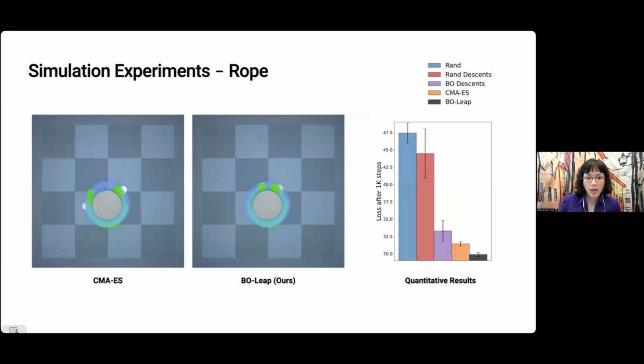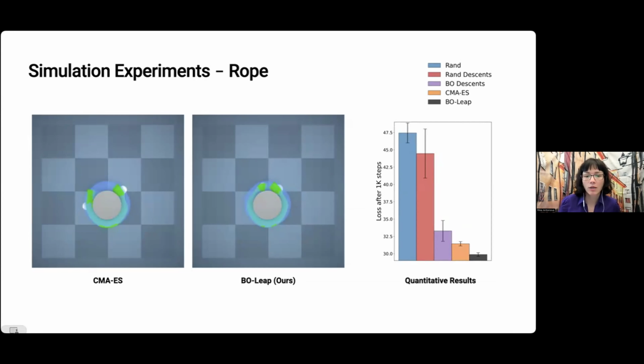Now we've also looked at plastic deformation. And here on the left, you can see the performance of CMA-ES, which somewhat solves the task of wrapping the rope around this pole. However, with the hybrid optimization, we were able to achieve a better result at the end, where the goal is to bring the two ends of the rope together to wrap around this pole.